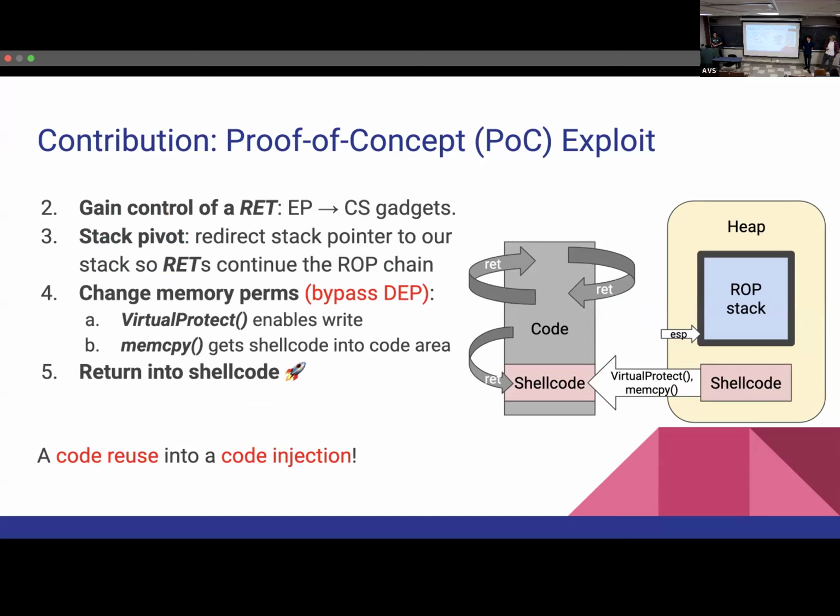The reason we do that is because we want to do a technique called a stack pivot, right? Remember the stack that we introduced in the setup step? We want to redirect the stack pointer to our ROP stack, such that the returns of each call site gadget chain together our ROP chain. That is what executes our ROP program, which in this case executes two functions: VirtualProtect and memcpy, which in combination effectively make this part of the code writable, which is already executable, and then we memcpy the shellcode into it so that we can execute it. So when the final ROP chain completes, it returns into the shellcode,